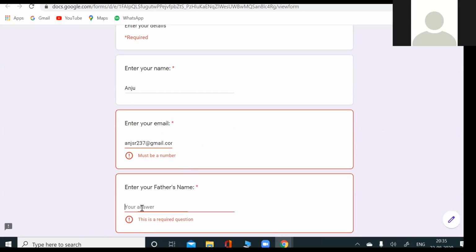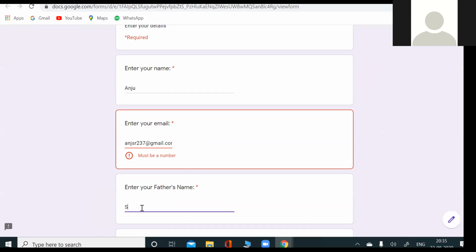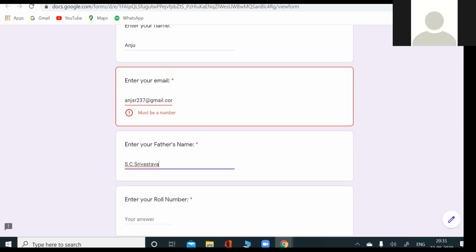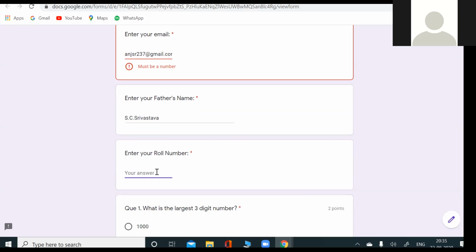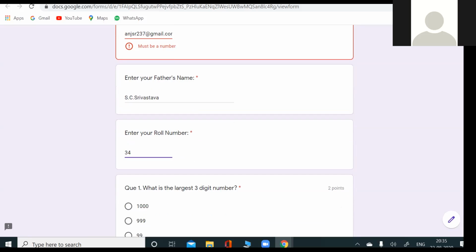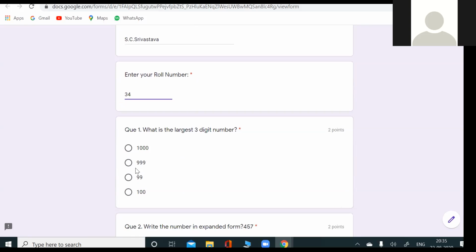Yes, okay, enter there. And then I will enter my roll number. It should be a number. And then I will attempt my paper. Yes, largest 3-digit number, I've given this. Okay, and then I will select this option.